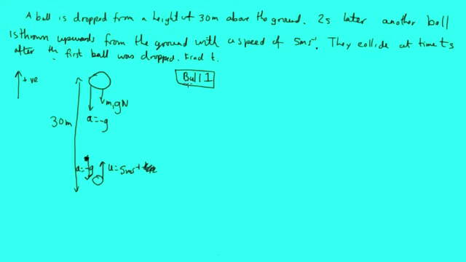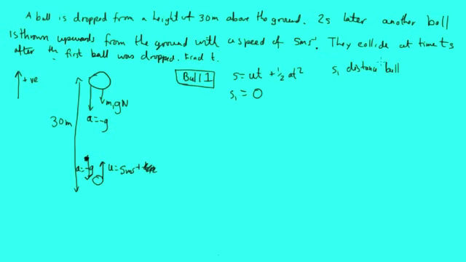We're going to be using s equals ut plus a half a t squared to consider the time. So this is going to be 0, this is going to be distance 1. This is the distance it travels. So S1, I'll just write that, is the distance